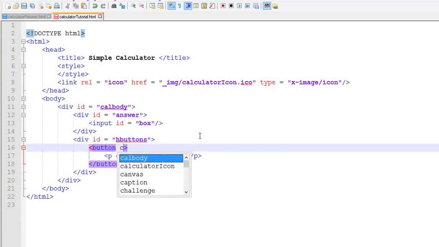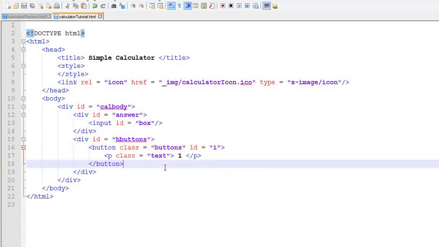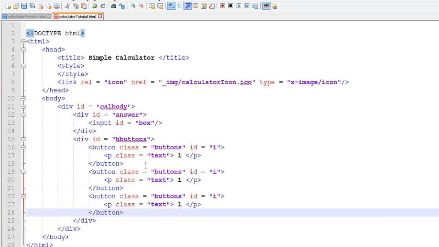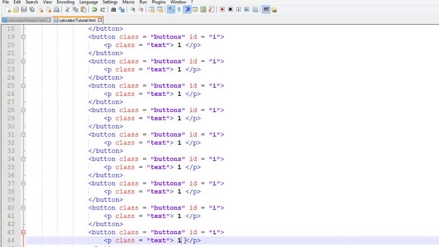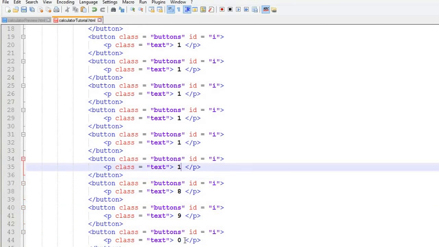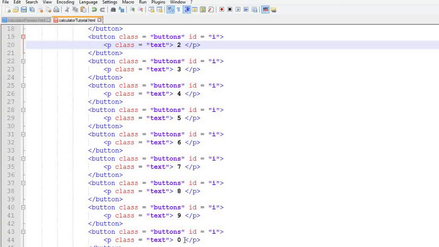Yeah, make the button class buttons and make the ID into just one I. Copy this. 1, 2, 3, 4, 5, 6, 7, 8, 9, 10. I'm going to add more later on. And 8, 7, 6, 5, 4, 3, 2, and then